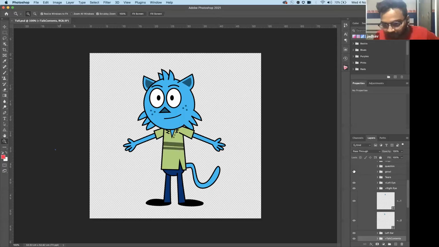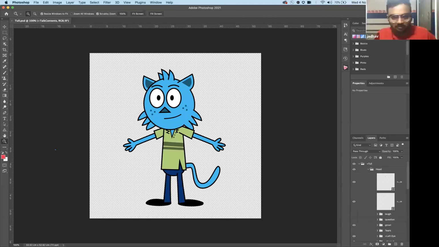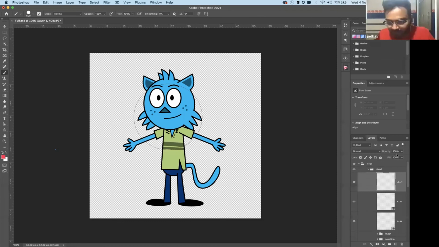So if I come here, this is the head, right? So here I create a new layer. I'll quickly come and draw a mask. It's a very fancy mask, but I'll make it a little less opacity. Come here and make a green color border for the mask.